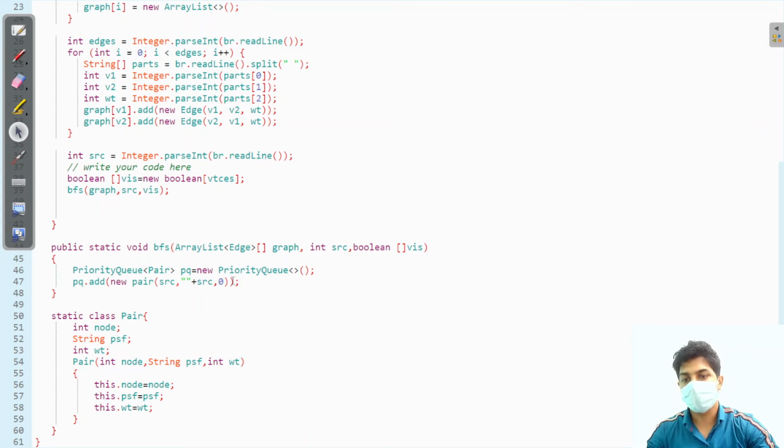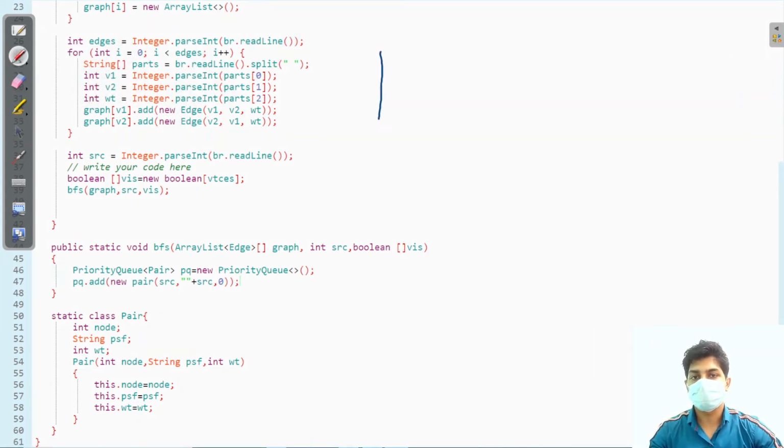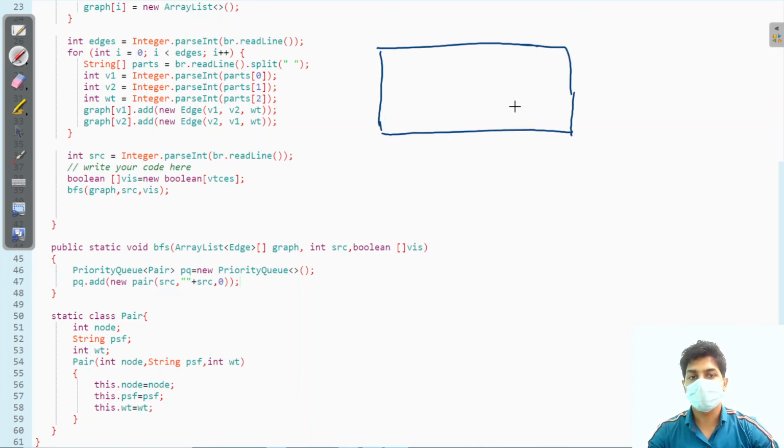Now we are making a priority queue. This is our container of the priority queue. It contains objects of the Pair class, and Pair has 3 properties: node, path so far, and weight. Now, is the priority queue of min type or max type? It will store either the minimum element or the maximum element, but our element has 3 properties.